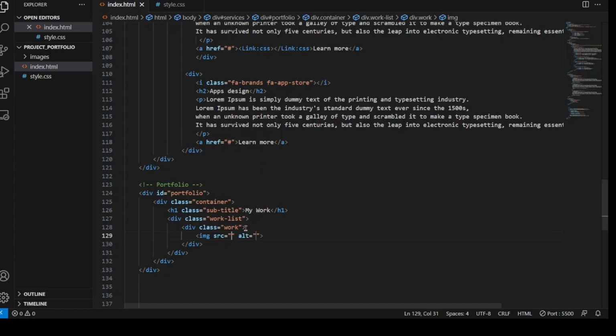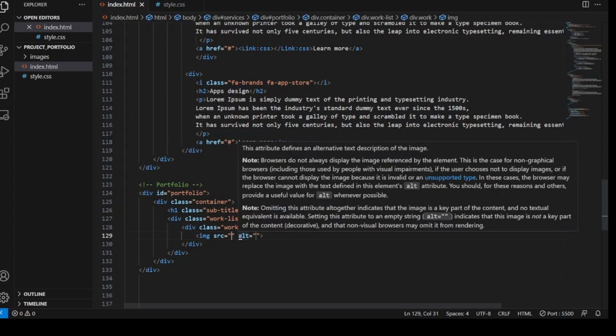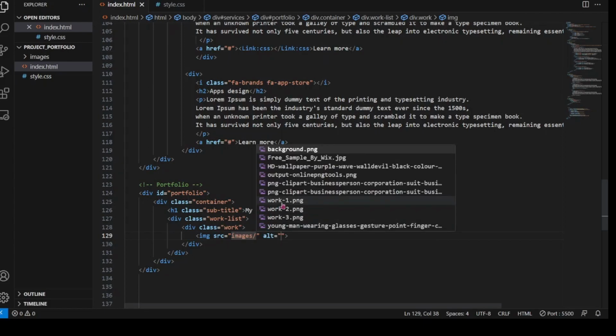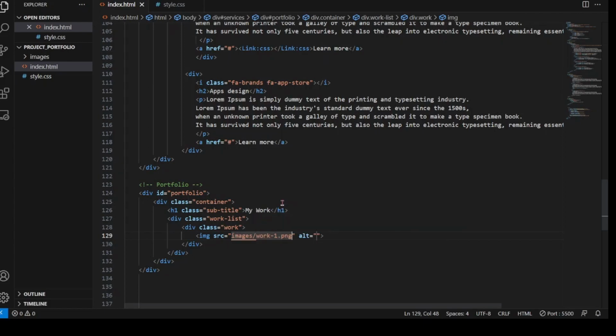We will add from image to png. The alt we remove because we are not using it, and we can duplicate this one and change the image,